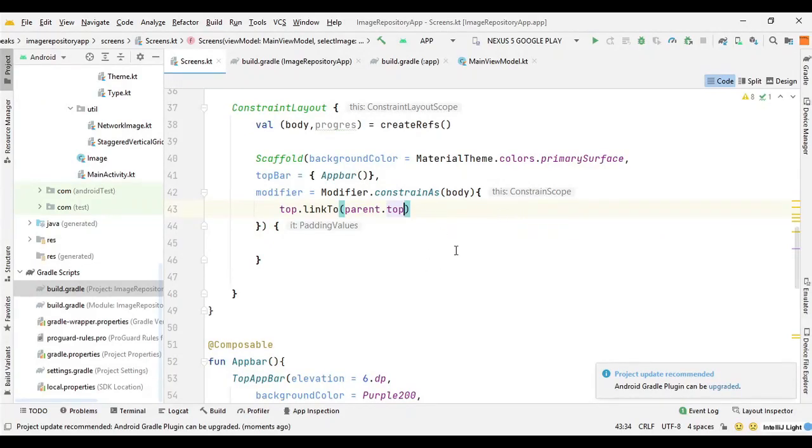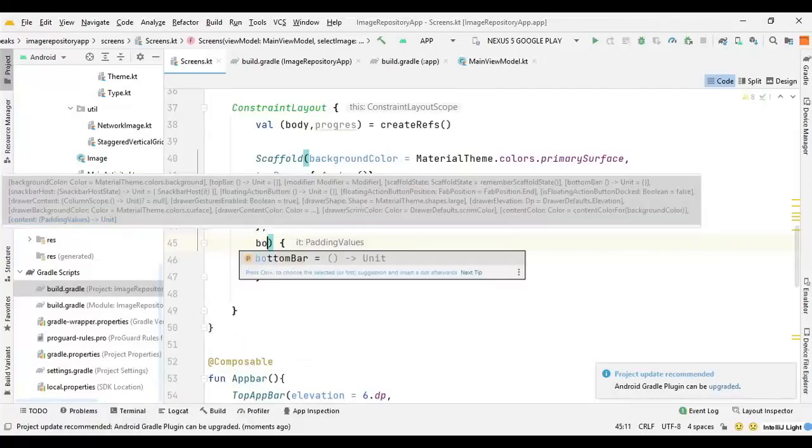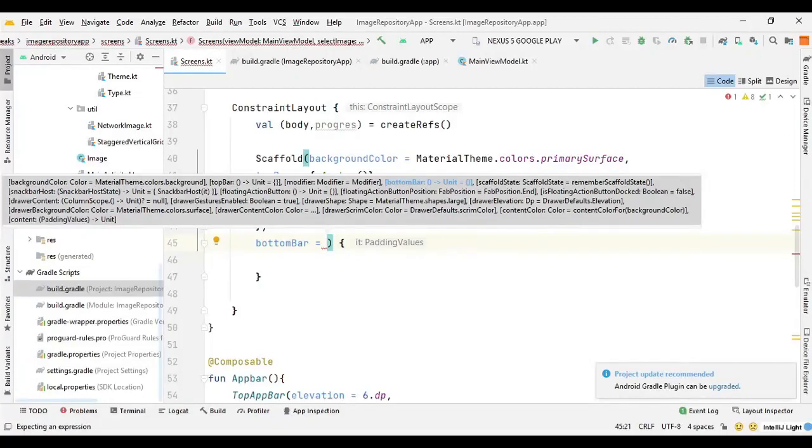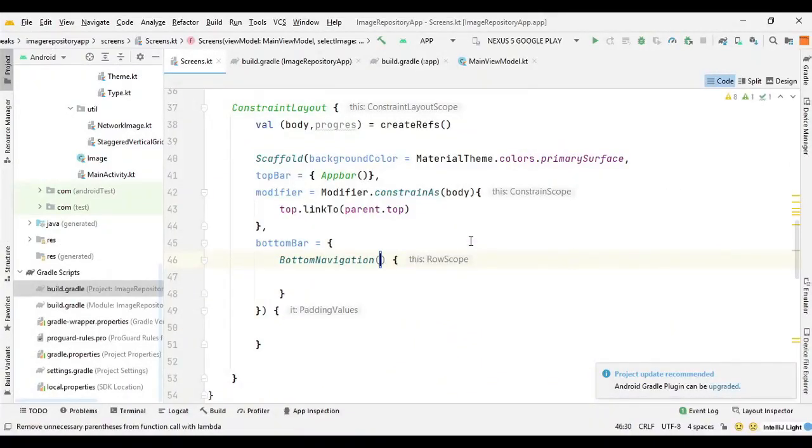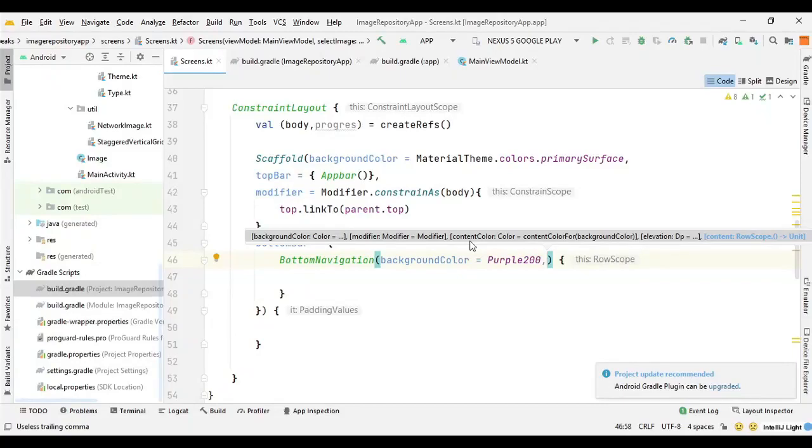So it needs to be under the scaffold. So here we can say bottom bar, and inside this bottom bar we can say bottom navigation, and it needs some parameters as well. So we can say background color, we will set it to purple 200, and then we need a modifier to set the navigation bar's height.